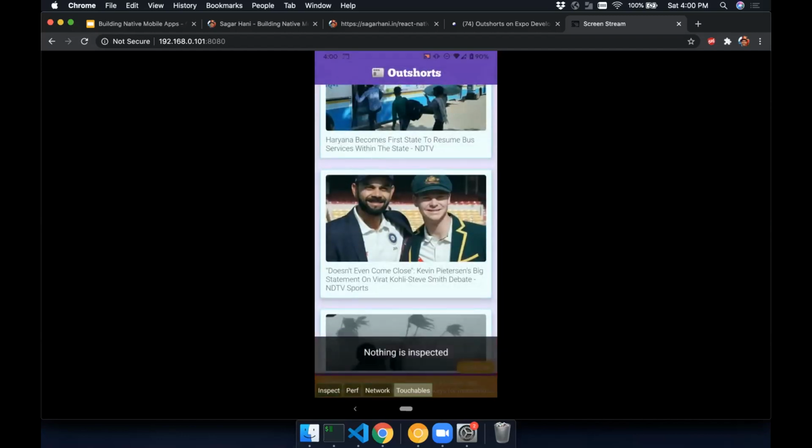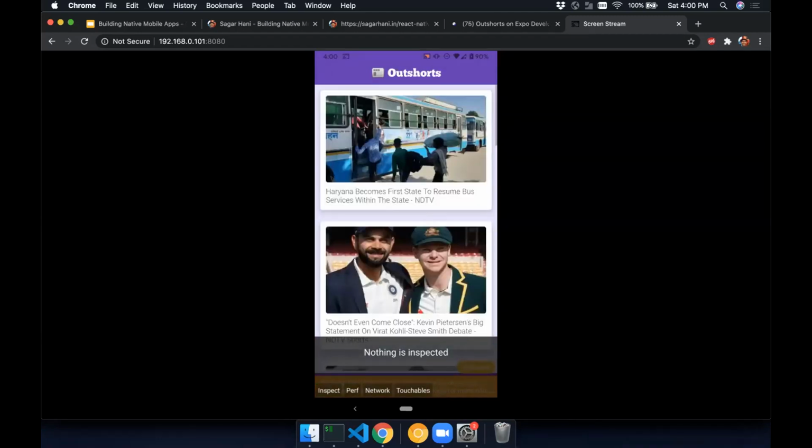Okay. So let's see the network tab here. So you can even do the network debugging, like what kind of API requests you are doing, what's the response you're getting. So I go to the network tab. I'll just pull the screen down so that I make an API call. So we can see here what's the URI which is being hit and what kind of request it was.